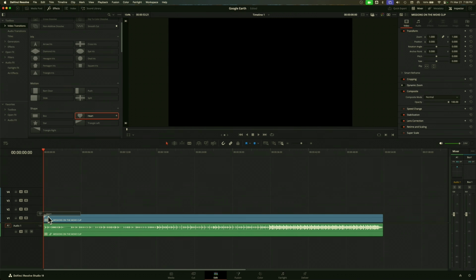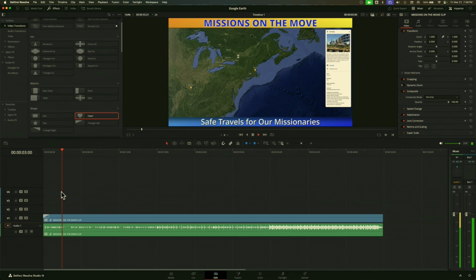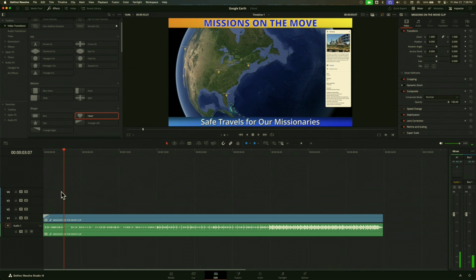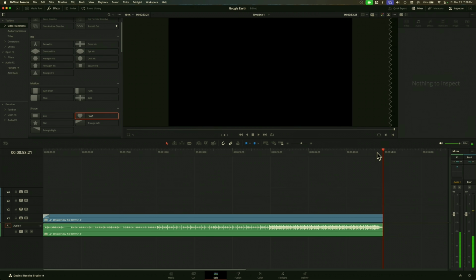And all you do is drag it down to the beginning or the end of a clip, all right? And you'll see that it starts out black, and then it comes in with this heart transition intro, all right? And so we've got our title, we got our intro transition, we've got an ending transition that we added to each individual clip to just make it fade out, all right? With the music and everything. And so it's ready to